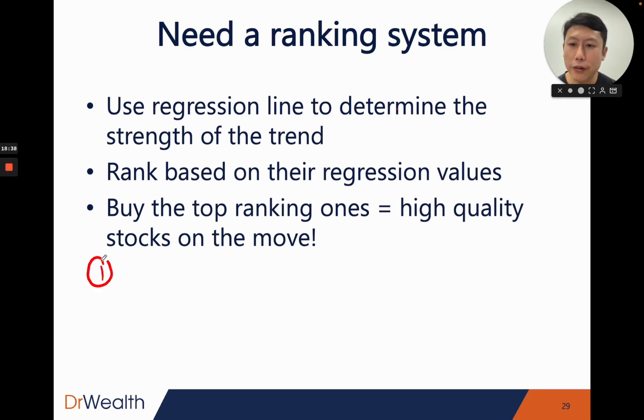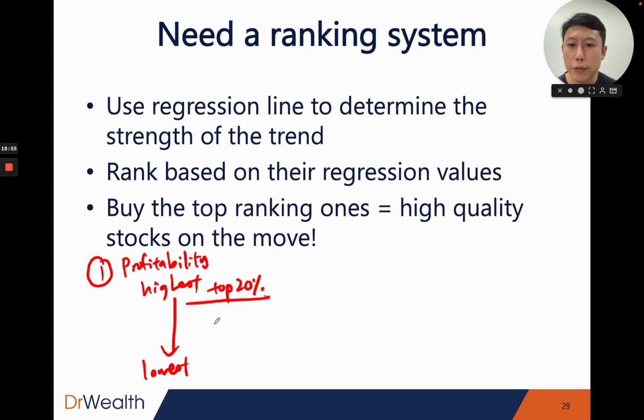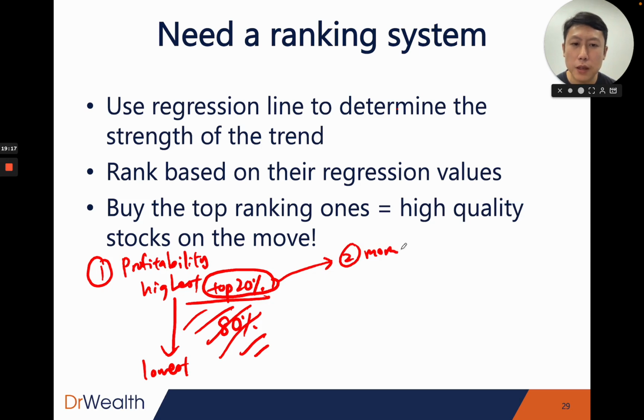Remember the very first step, the what to buy. We were using the profitability factor, and we want to rank them from the highest to the lowest, and we want to take the top 20%, and the remaining 80% we just discard, right? So just with this simple metric, we identify the best quality stocks in the universe, and that's what we care about, because higher quality stocks have a higher chance to go up in share price compared to the bottom 80%. Then this 20% we will pass through the second filter, which is the momentum,